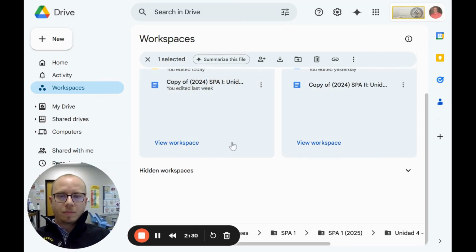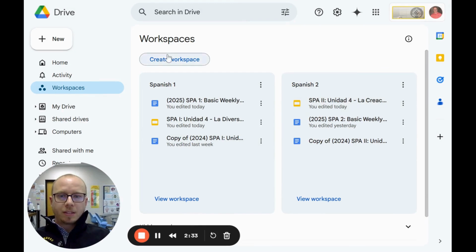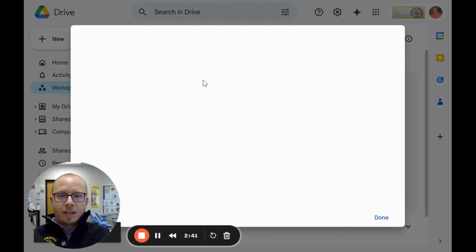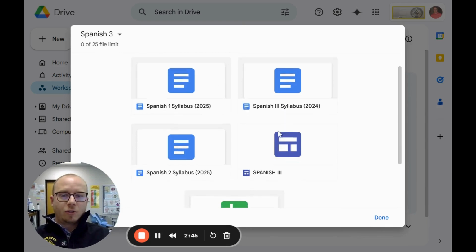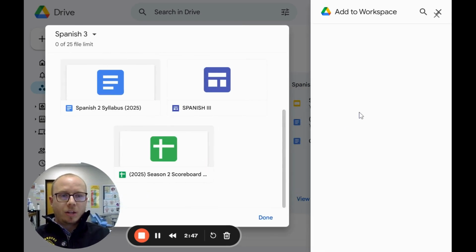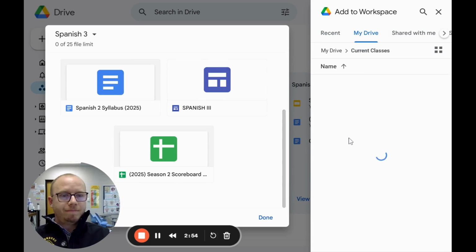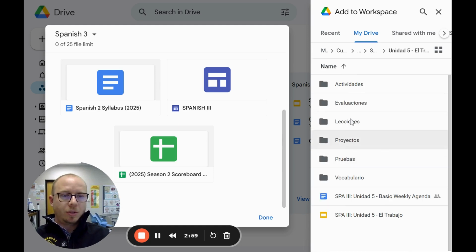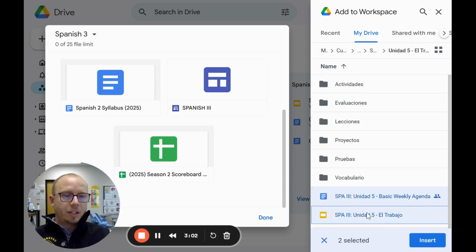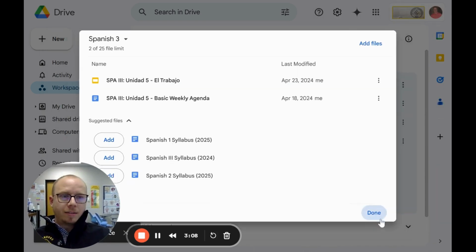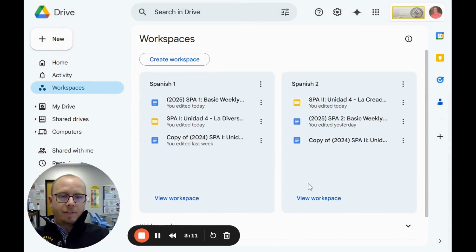To set up, once I'm at Workspaces here, I can go create a workspace. If I was going to set up one for Spanish 3, which I will down the road, I would hit create. And then when you create it, you get to add initial files. So I could go and find the files that I want to add under Spanish 3. Let's say I was doing Unit 5. I could go add in that basic weekly agenda, my slides, and whatever else I wanted. And then when I've got the files I want, I hit done. And then I have another